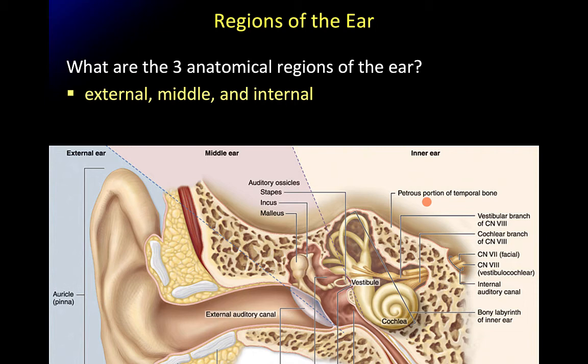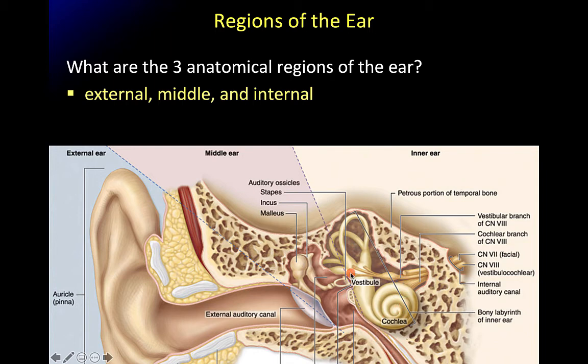Speaking of sound, that takes us to the ear, and relative to the eye, the ear is somewhat simple, although we still do break it up into 3 different regions, the external, middle, and internal. The external is going to be everything going up to the tympanum or the eardrum. So that's the external auditory canal and the auricle or pinna, this outer flap here. The middle ear is the area that houses the auditory ossicles, the malleus, incus, and stapes, or the hammer, anvil, and stirrup. It's also going to contain the Eustachian tube or auditory tube,